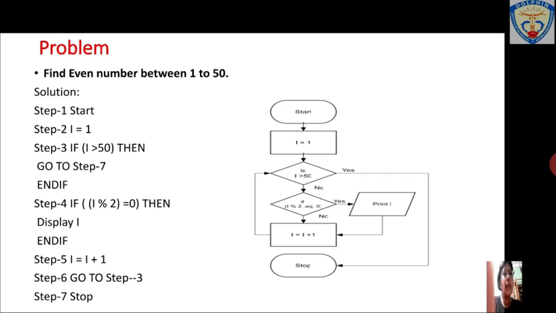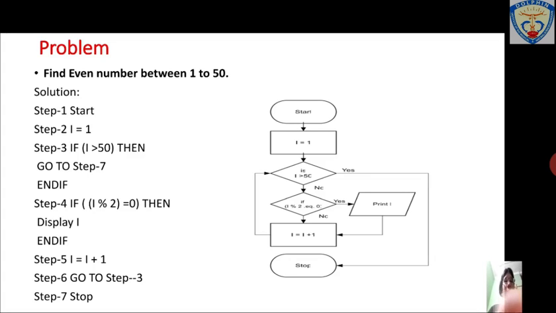It checks 5 % 2, and you get a remainder of 1, so this number is not even. It will not display I, it will just go to I plus 1, not displaying the odd number. This way it keeps incrementing, and up to 50 it will check.